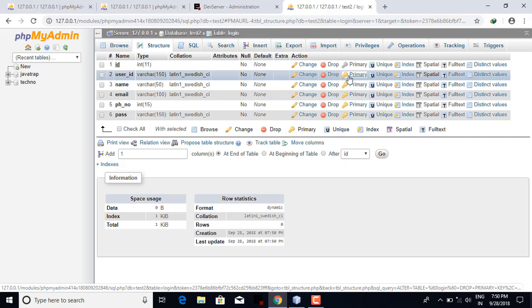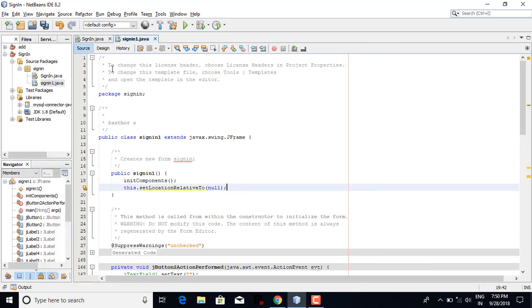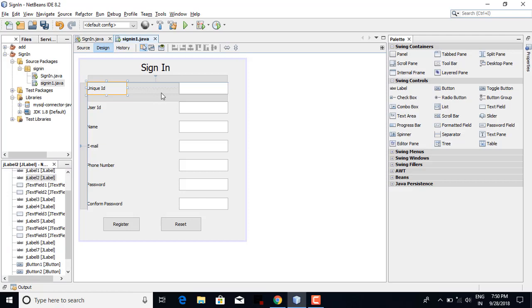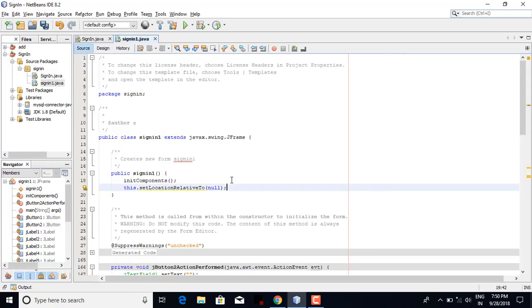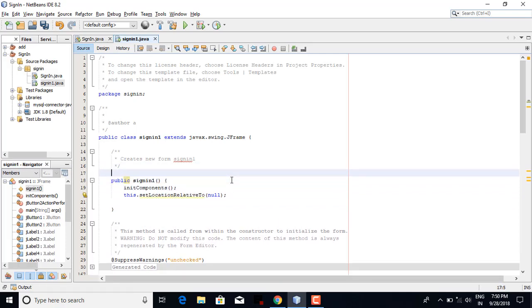Okay, done. Now first of all, this unique ID will not be given by the user, it will be defined by us. So first of all, we will be quickly defining this unique ID. Oh, sorry. Now define three variables for connectivity that are connection,